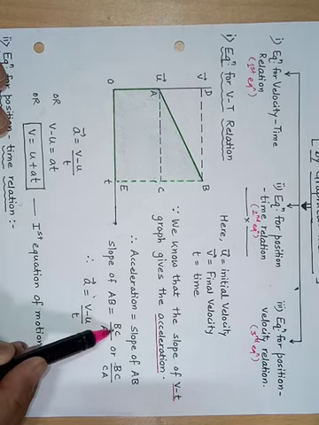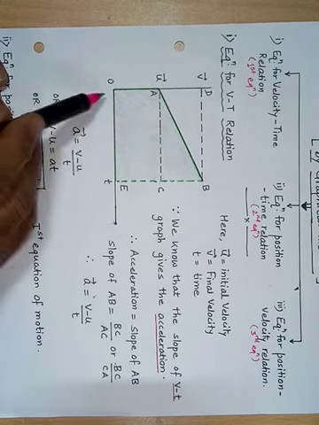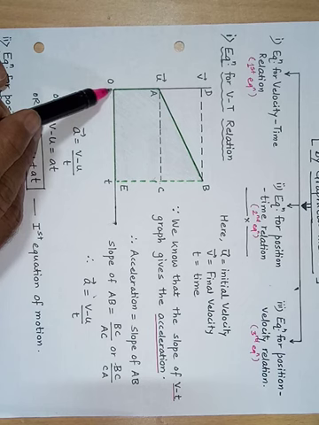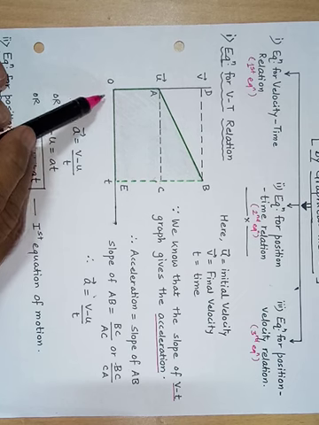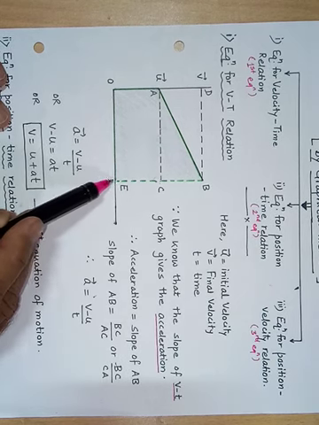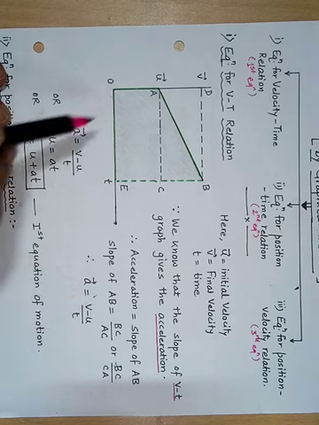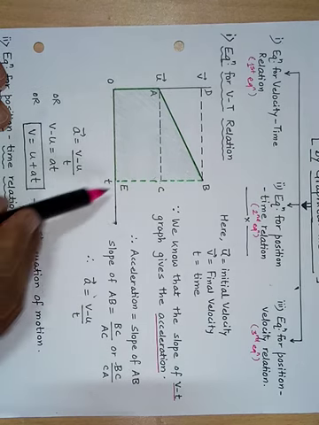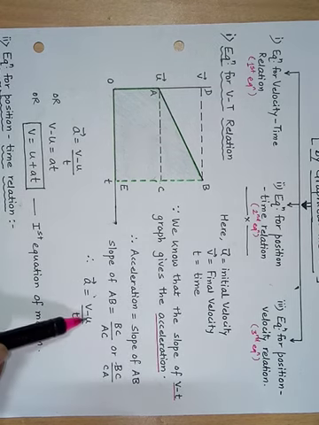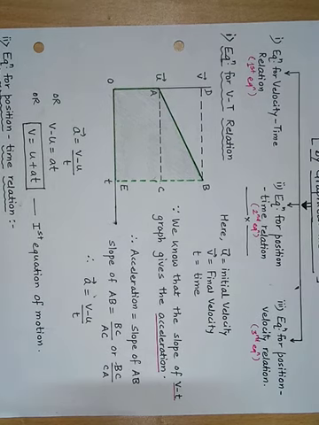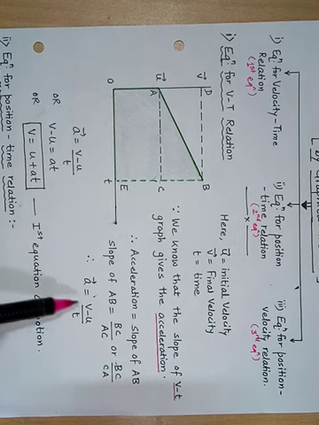So in place of BC I can write v minus u, and for AC I can take the time duration between O and E. The object started from this point O and reaches this point E when the time t has been completed. So the total time required to reach point E is nothing but t. So I can write that acceleration a is equal to v minus u divided by t, which is the same formula we determined earlier, because we know that acceleration is final velocity minus initial velocity divided by time.